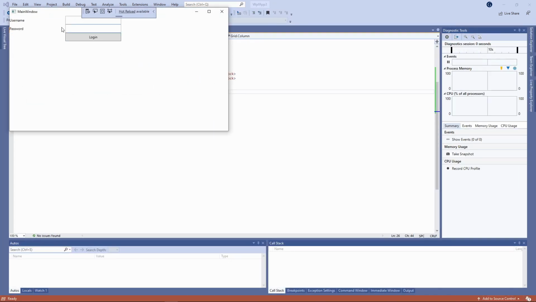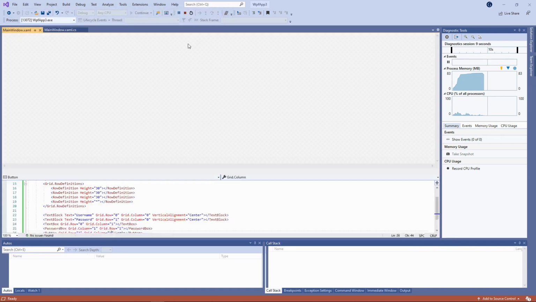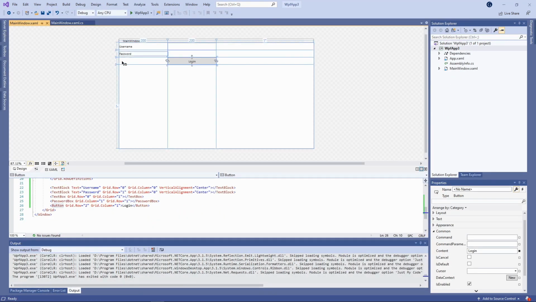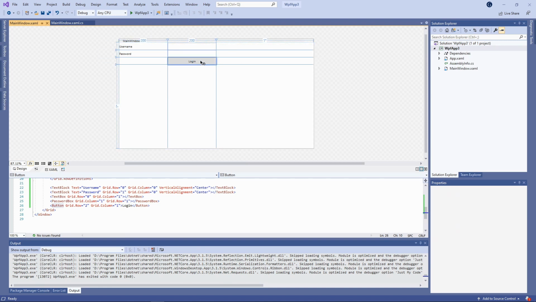So you'll see you have your username, password, and login. You can make this a lot nicer. You can add some margins, but that's the basics of laying out a very simple login form using XAML and WPF. Now, before we move on, I just want to show you how you can actually integrate events with these